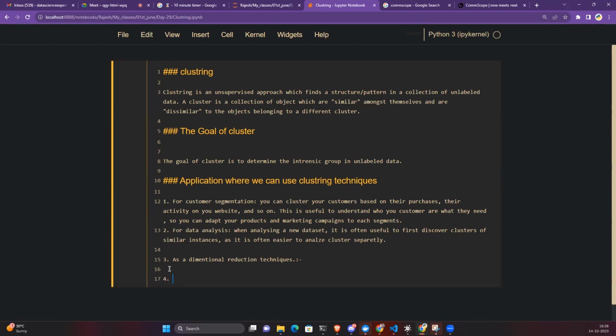So the fourth thing is anomaly detection. So what is anomaly detection? Identifying whether a message is spam or a real message is also called anomaly detection. Let's suppose if any message is coming, Gmail puts some messages inside spam and some not in spam, right? So how do they identify that? That is also a kind of unsupervised problem. So that is for anomaly detection.